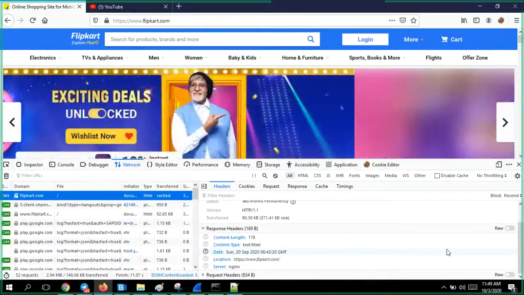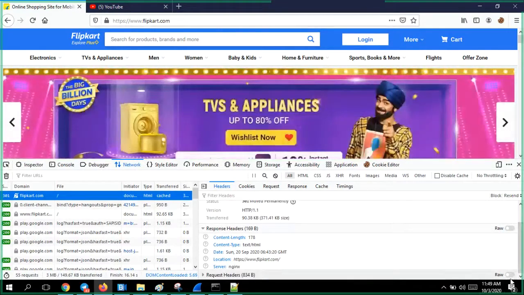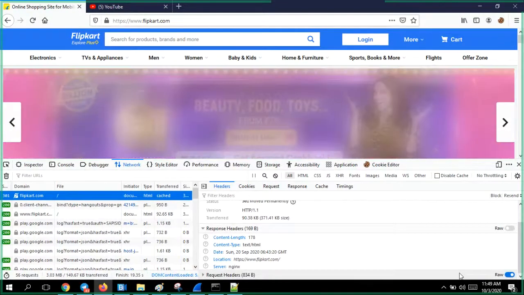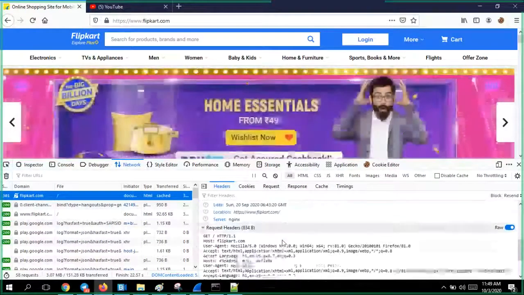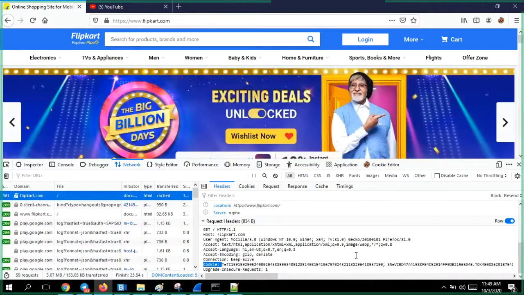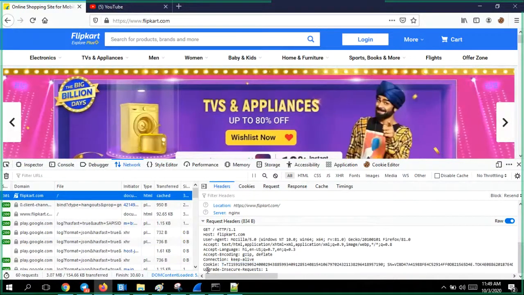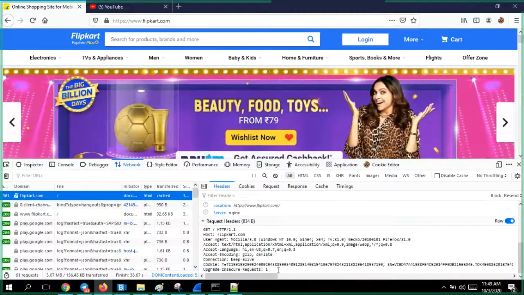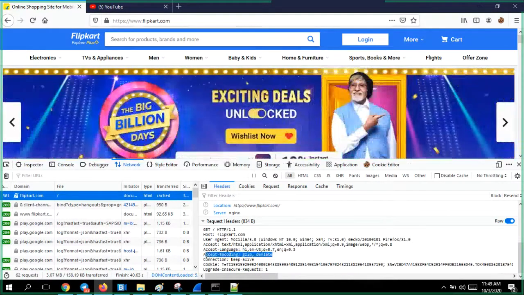Where is the request? This is the request. Click here if it is not showing. This is a cookie, some old one. These things like upgrade-insecure-requests, you don't need to bother about. Most of them you have understood now.